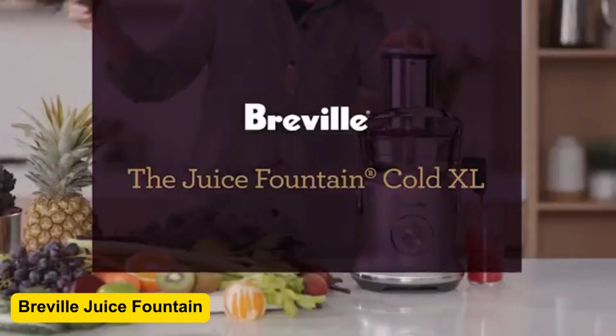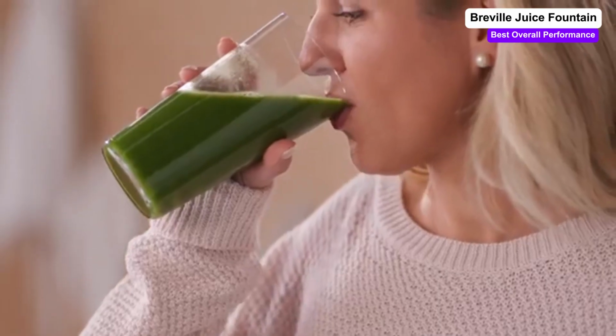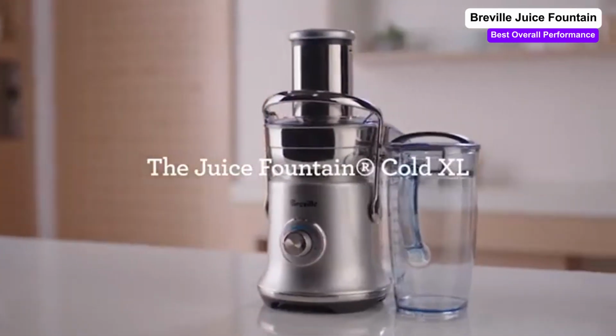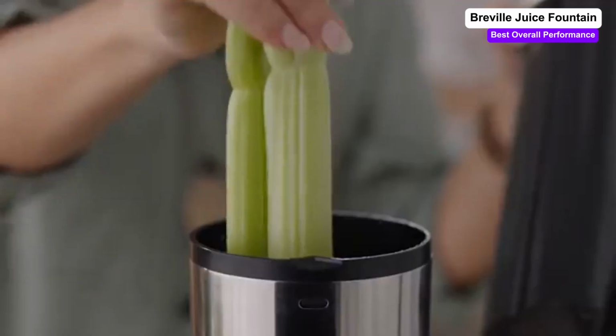Breville Juice Fountain. Need your juice fast? The Breville Juice Fountain Plus is all about speed and efficiency. This centrifugal juicer boasts an 850-watt dual-speed motor that can whip up an 8-ounce glass of juice in just 5